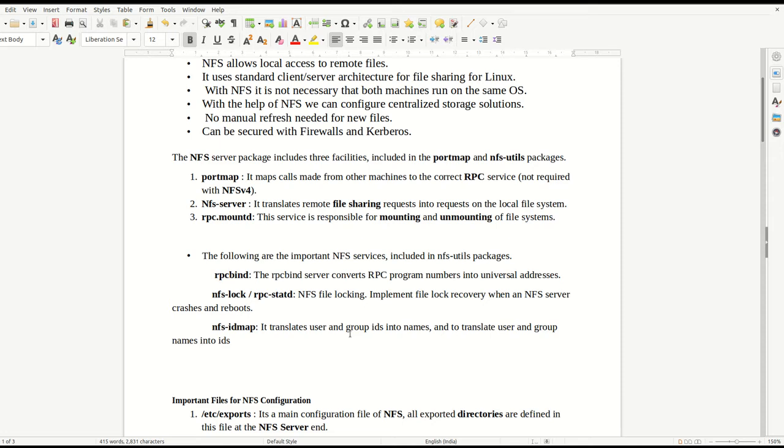Whenever you share a file or directory, a user or group is assigned, and it translates that user into an ID and an ID into a user.